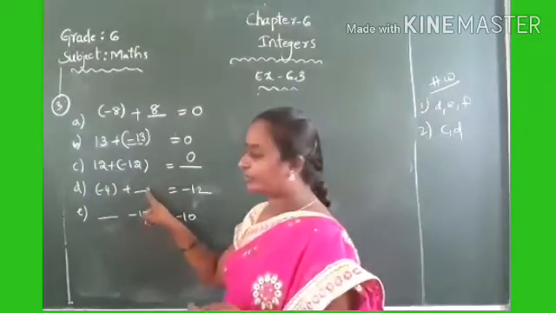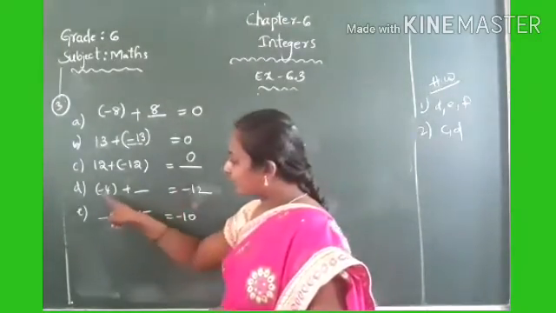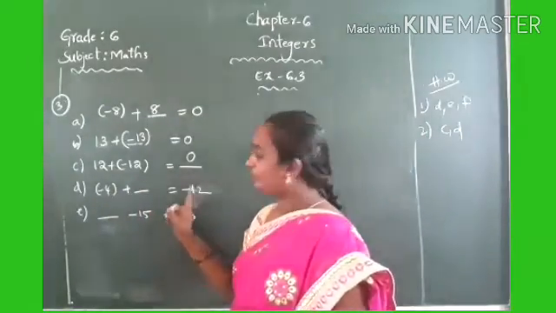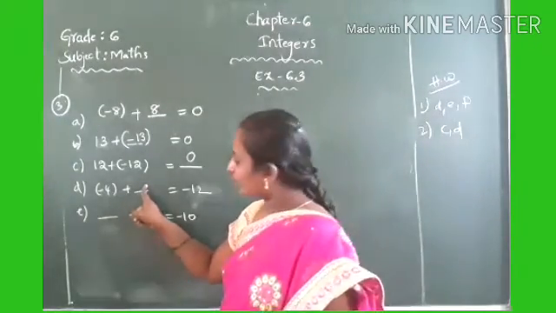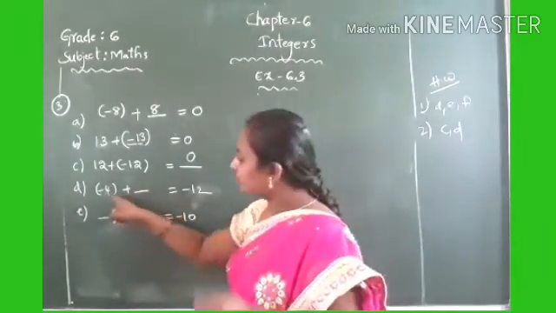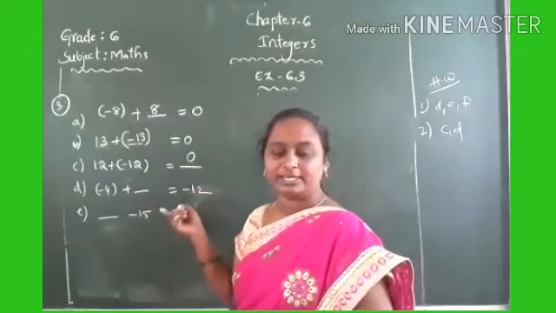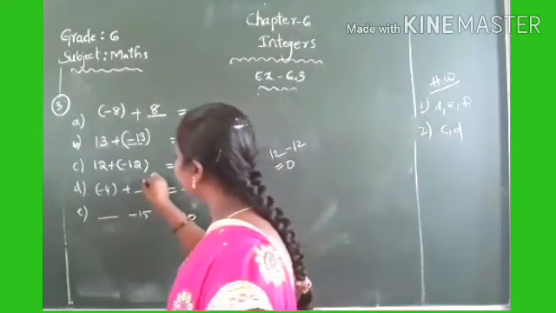Which integer, if you add, will you get minus 12? Here, minus 4. The answer came in minus 12. If you add a positive integer, will you get minus 12? Observe here, already minus 4. Which integer if you add, you will get minus 12? Yes, you have to add here 8.